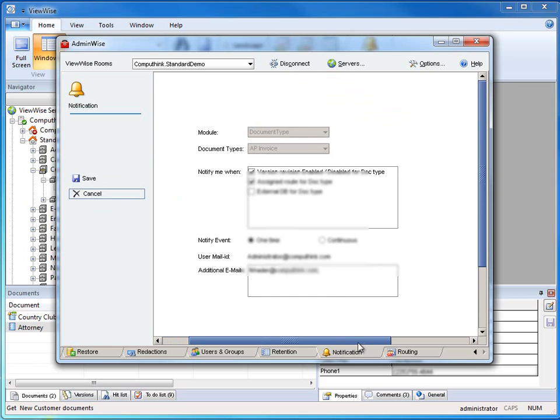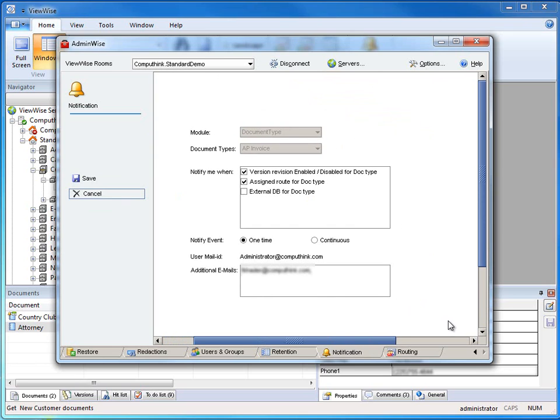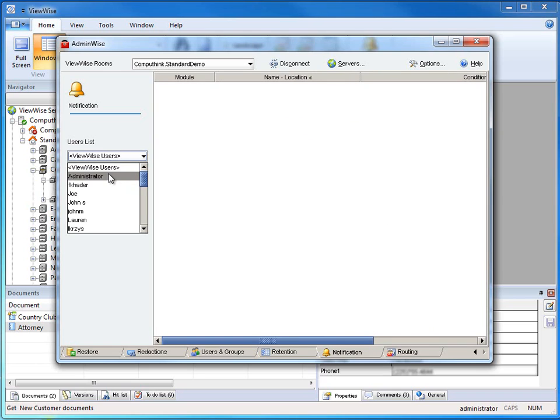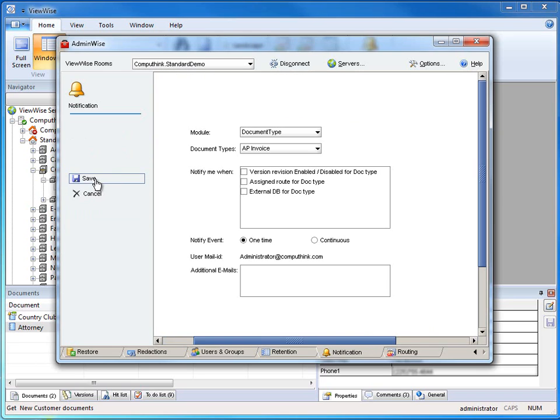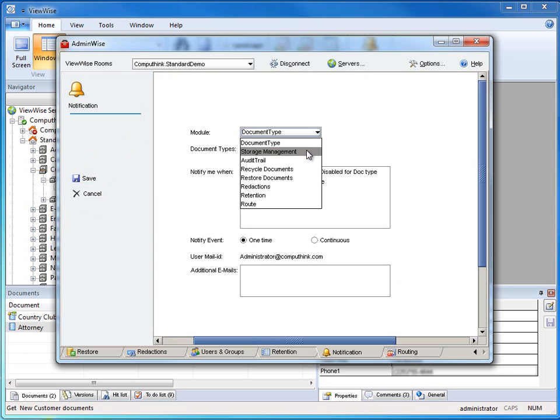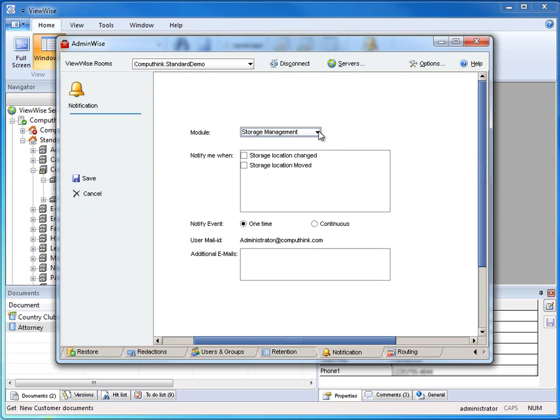Basically what happens here is each one of the notifications can be set based on a tab in ViewWise. So again, we'll go ahead and log back in and take a quick look. So here we are. For the document type, you'll see you have various notify me options when changes are made within that tab. The same applies to the storage management tab as well as the audit trail tab, and then the same can be said for recycled documents, restored documents,